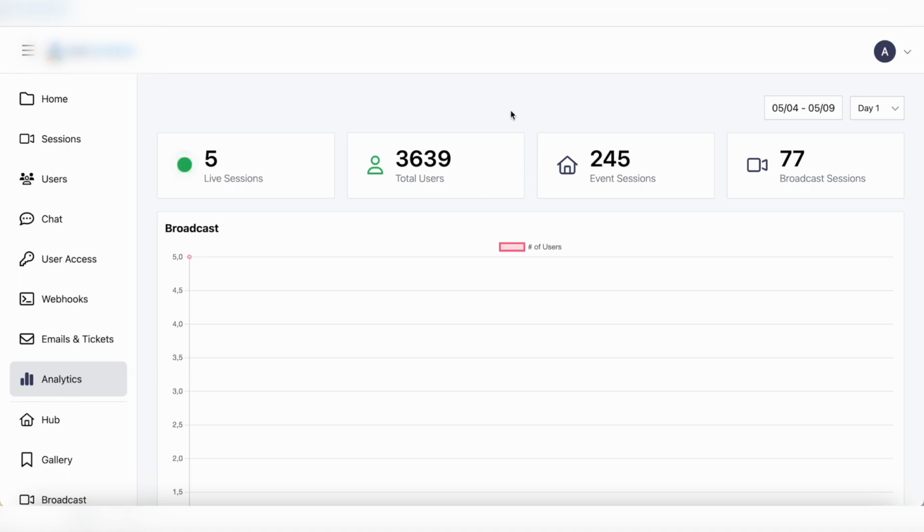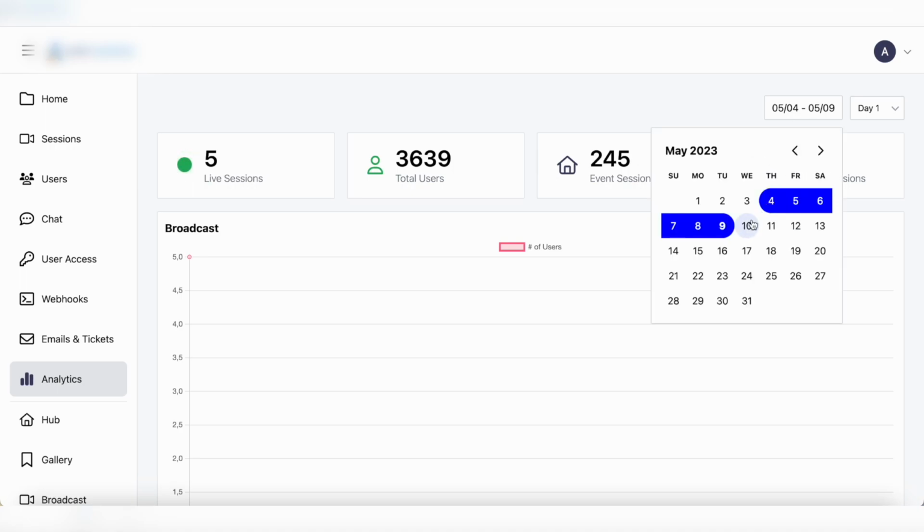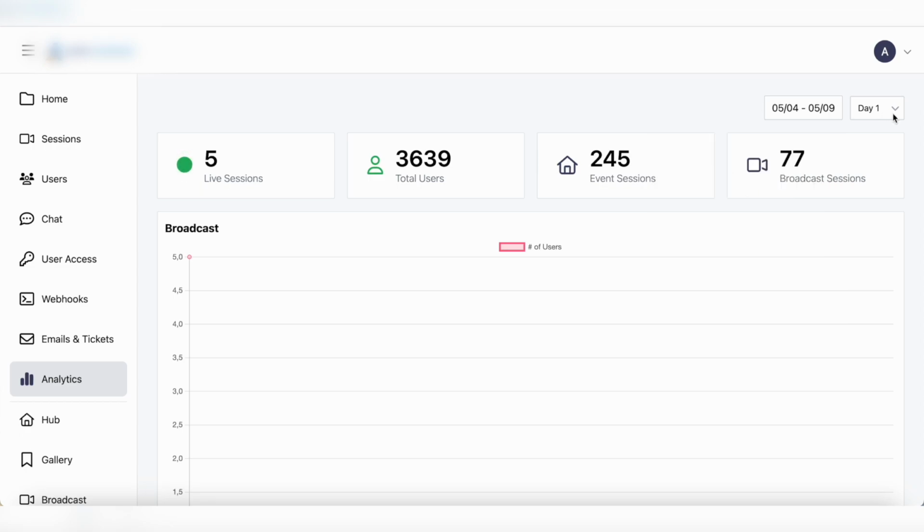This will give you access to this screen. This is your analytics dashboard, which will give you insights on certain analytics and data regarding your event and user behavior. In the top right corner, first select a certain date range that you want to look at and gather analytics for. Next up, select the day for your event that you want to gather those analytics for. Depending on the number of days that you have for your event, this dropdown will showcase more or less options